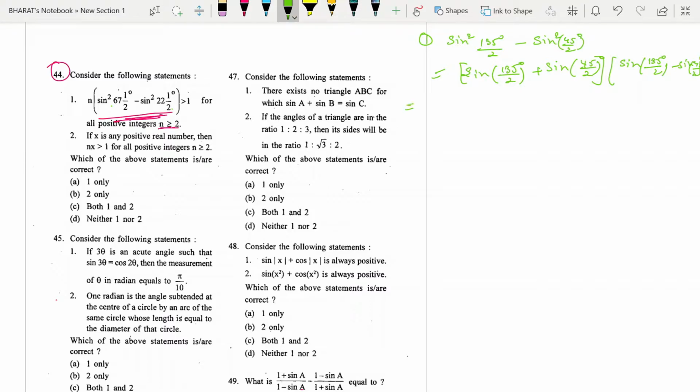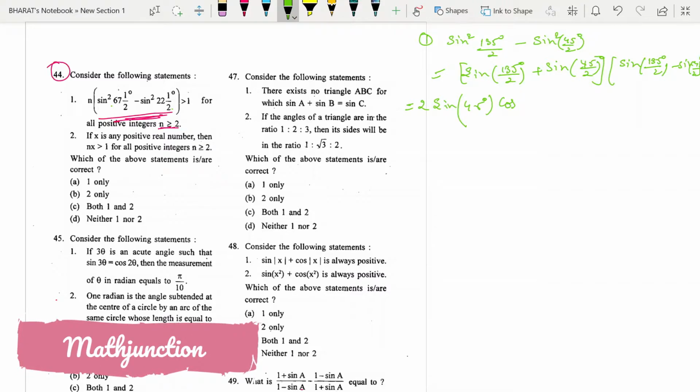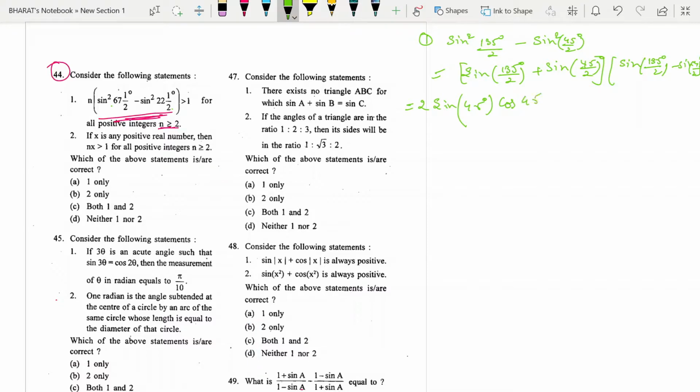Now let's solve it. Sin theta 1 plus sin theta 2, or we can say sin a plus sin b. What is the formula of sin a plus sin b? It's 2 sin of (a plus b) upon 2, and cos of (a minus b) upon 2. If we sum these two parts, it will come around 180 by 2, that is 90 by 2, which is 45 degree. And now we will subtract this. When we subtract this, it will come to 45 degree, okay, 45 degree upon 2.